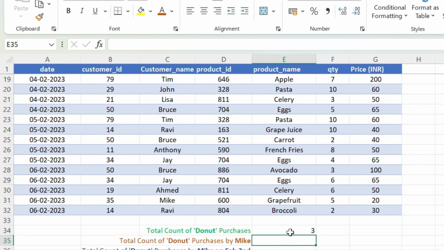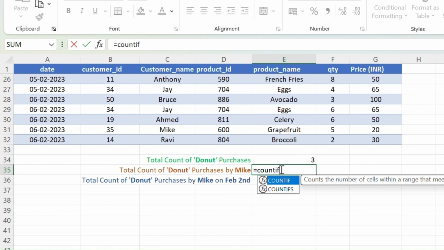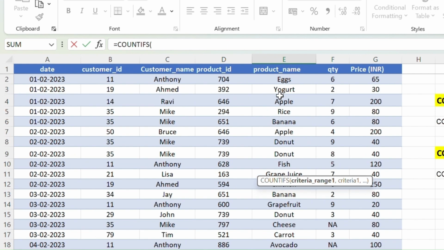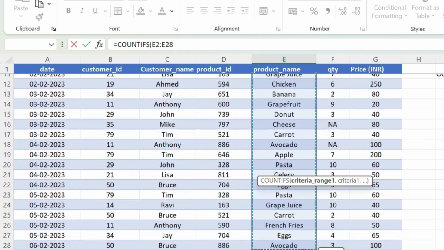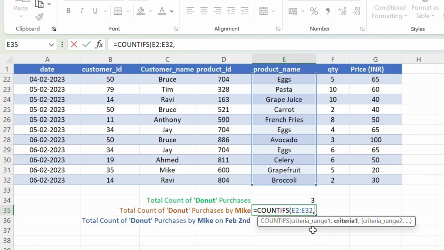Now let's add one more condition. How many times did Mike buy donut? For this we will need to use COUNTIFS instead of COUNTIF. Go ahead and type in the command. Start by selecting the criteria range, which is the product column just like we did earlier. For the criteria, again enter donut in quotation marks since we're counting how many times donut appears in the product